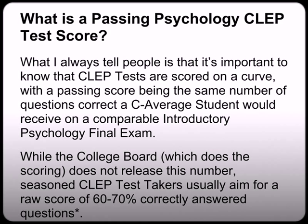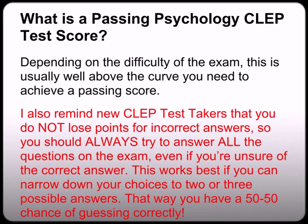What I always tell people is that it's important to know that CLEP tests are scored on a curve, with a passing score being the same number of questions correct a C average student will receive on a comparable final exam for psychology. Now, while the College Board doesn't release this number, seasoned CLEP test takers usually aim for a raw score of about 60 to 70% correctly answered questions. And I'm also told after talking with some other past test takers that many approximate this particular exam to maybe even be a little bit lower than that because it's more of a memorization test. Those usually lead to a lower curve. So depending on the difficulty of the exam, this is usually well above the curve you need to achieve